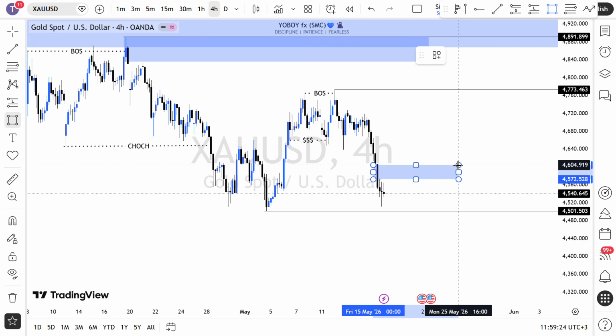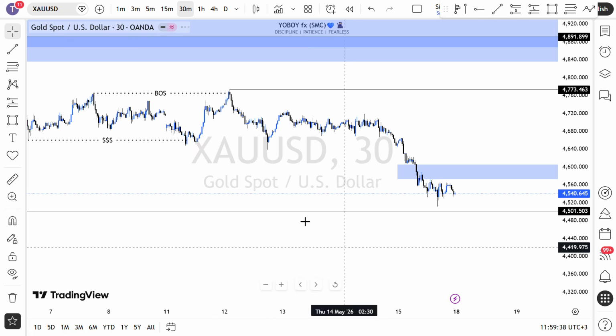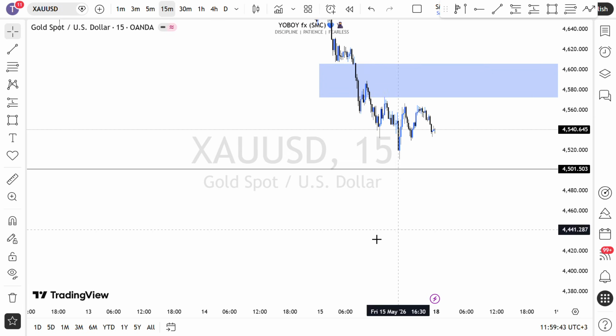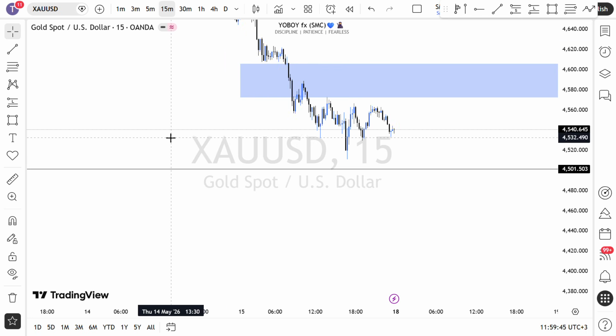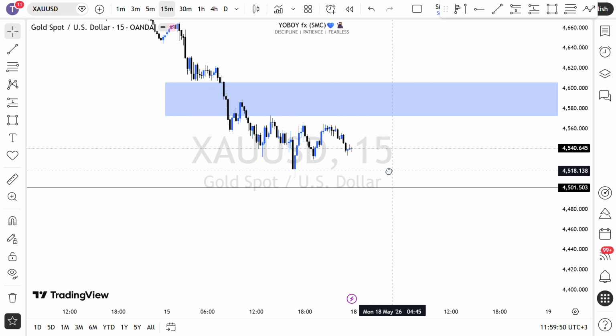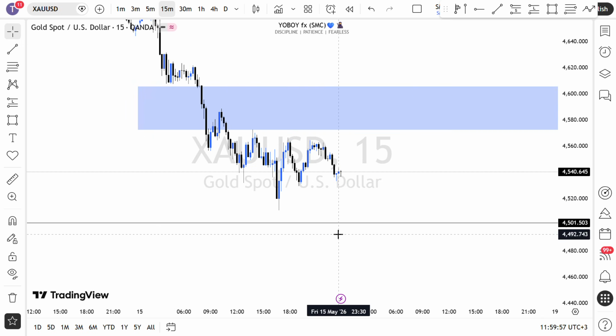So we have this first fair value gap here, and if price looks to have a pullback, this will be the first area to mitigate before the price moves even lower. But as of now, in the 30 minutes time frame, we have a very strong high that has been formed here. Let me drop down into the 15 minutes time frame. In this case, we have this point of interest, and if I would want to sell, I would want to see price coming into this area before I look to sell to the downside.